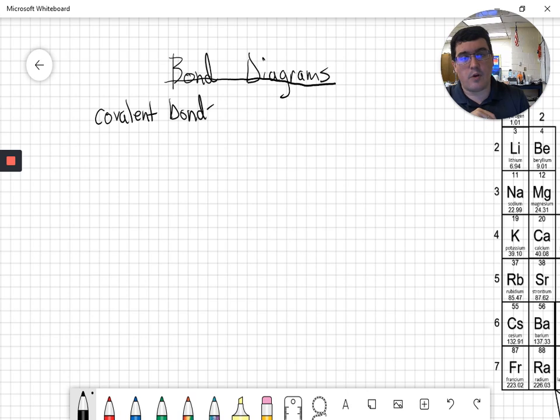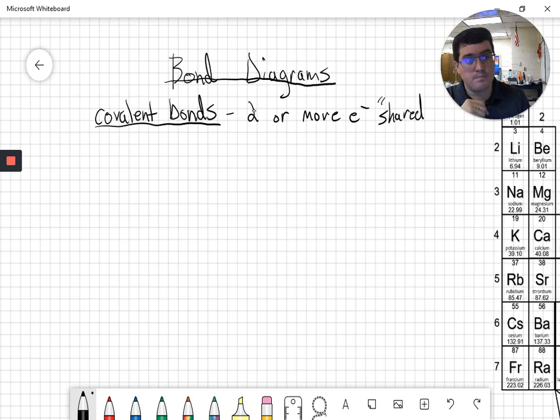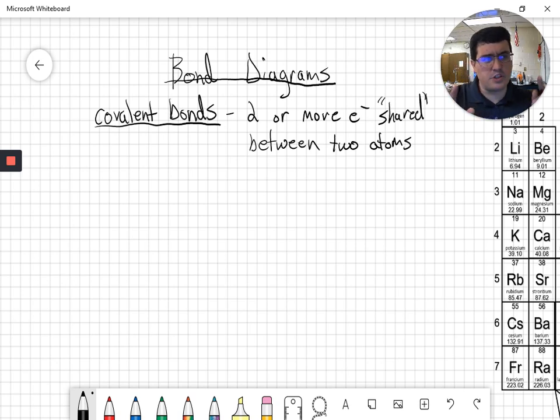Covalent bonds, we've already kind of talked about this. Covalent compounds are sharing electrons. So a covalent bond is two or more electrons shared between two atoms. And here I put shared in quotation marks because the only things that can share are things with a brain, and atoms don't have brains. So